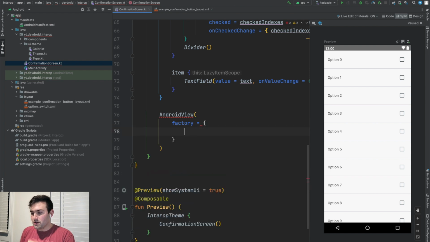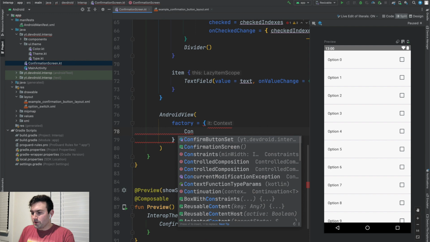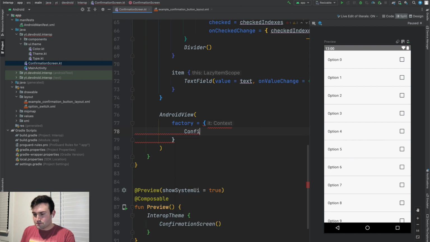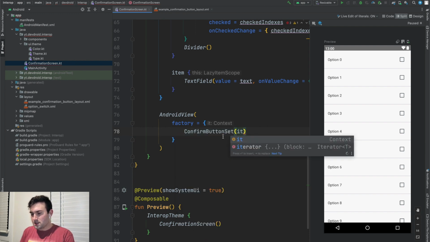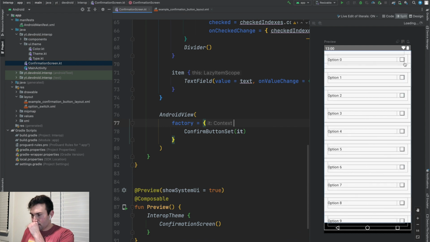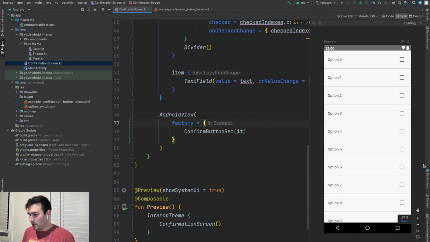This factory is a Lambda function that gives you a context, right? And that's what we're going to need to be able to instantiate this custom view. Mine's called ConfirmButtonSet, and I can just pass in that context, and we can see it loading here, and hopefully once it's loaded you'll see that it did in fact add